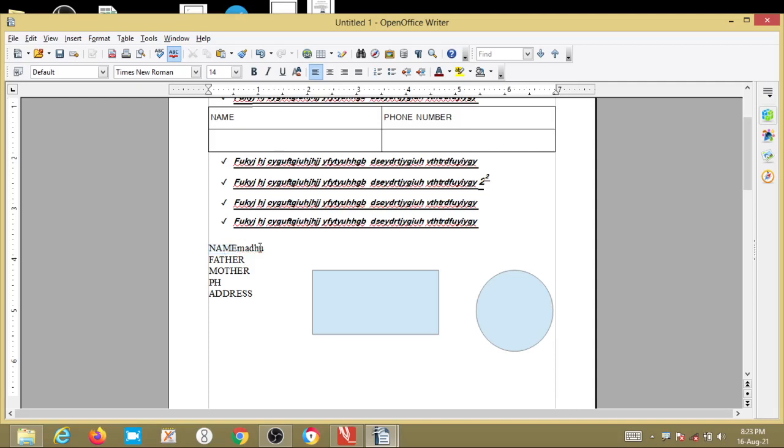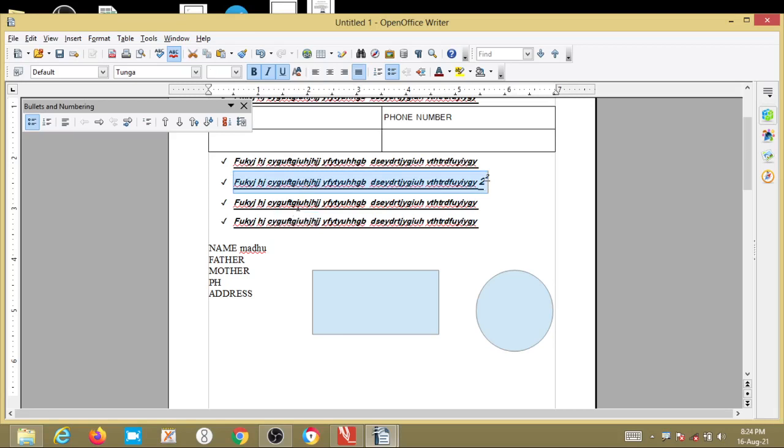Okay, clear now? See, name was typed previously, but Madhu I have typed now. Why is it selecting the complete word? Because there is no space between the letters. Okay, it will consider it as a single word. If you give a space between them, if you double click on a particular word, it will select that particular word. Clear now how to select a word? By double clicking on any one of the letters, that particular word will be selected. Okay, then if you click your left mouse button 3 times anywhere, see what will happen?